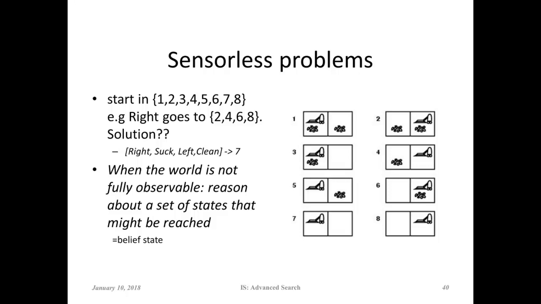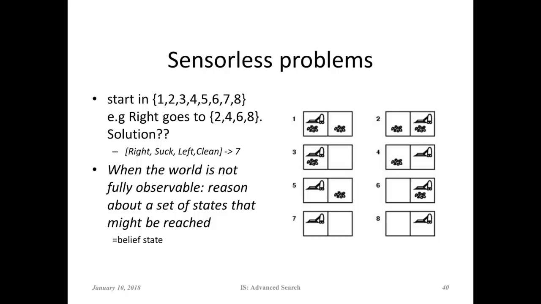So the problem is it can't sense. It has no sensors. It doesn't know whether it's in the left room or the right room, whether the room is clean or dirty. So you might almost say there's nothing that the Hoover can do in an intelligent way, but it can,